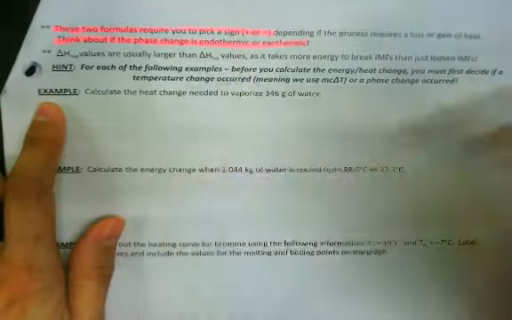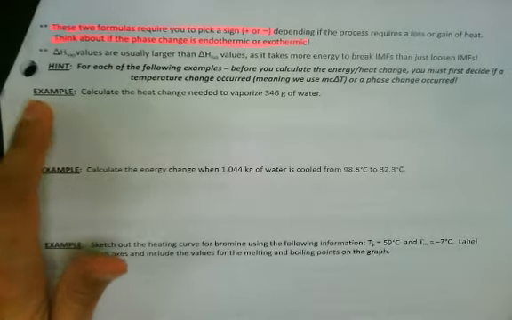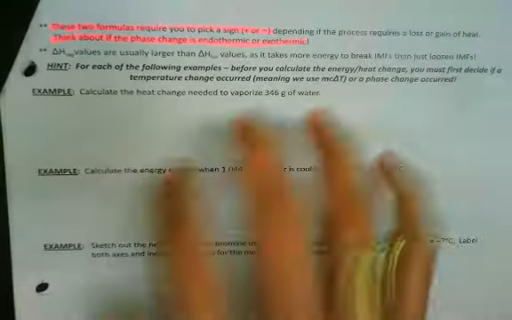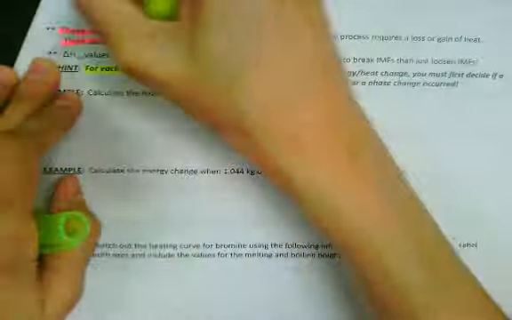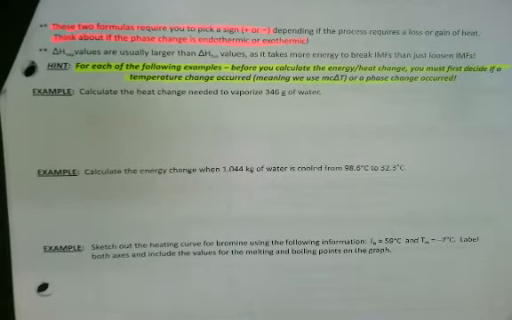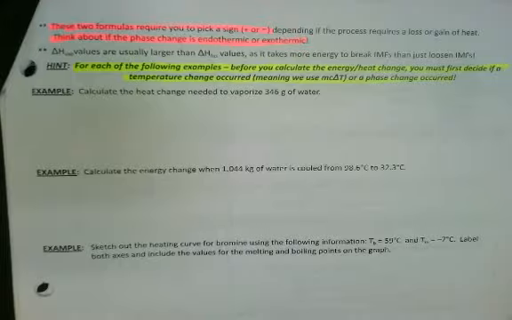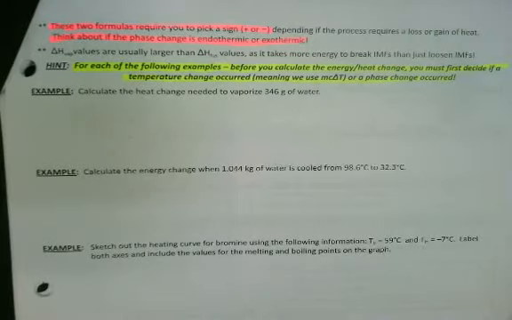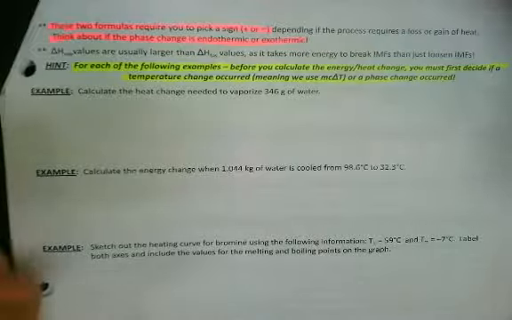And that was just what I talked about with the vaporization versus fusion values. And then the other hint that we're going to look at as we get into these problems: as you approach any of these problems, make sure before you start doing calculations, before you start writing equations down, that you determine if a temperature change occurred or not. If they are giving you two temperatures, a lot of times that's indicating a temperature change. Whereas if they are telling you that something is vaporizing or melting or sublimating or something of that nature, that is a phase change. Okay, if we use our phase change vocabulary,